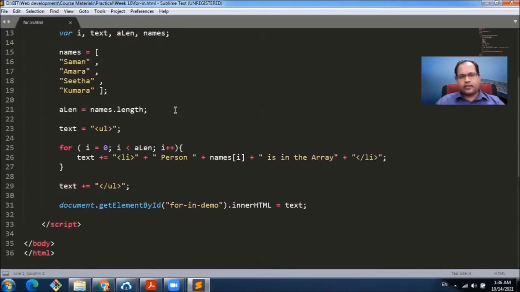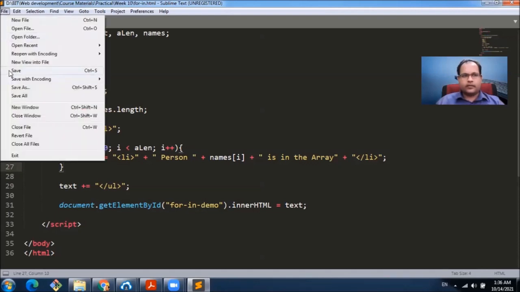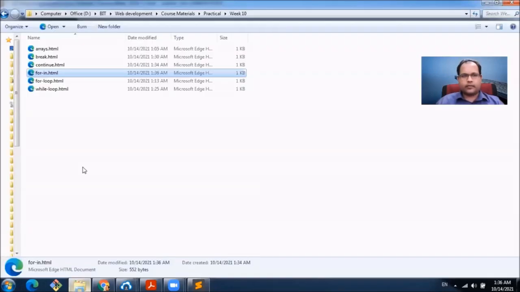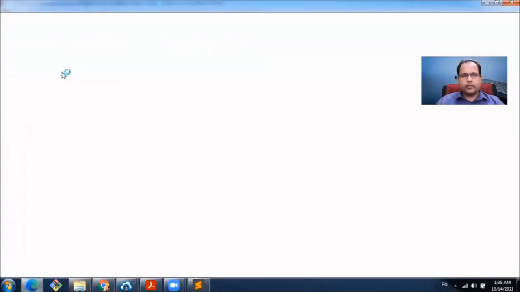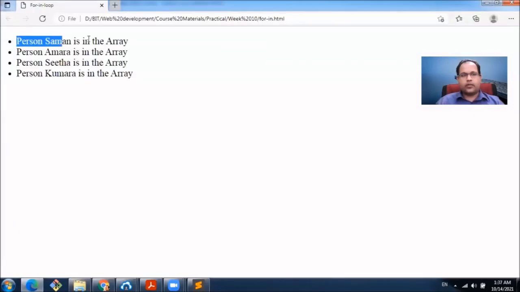In this example, we have this for loop that we have used in our previous example. What it does is, we'll save and see. It will show all the names in a list.